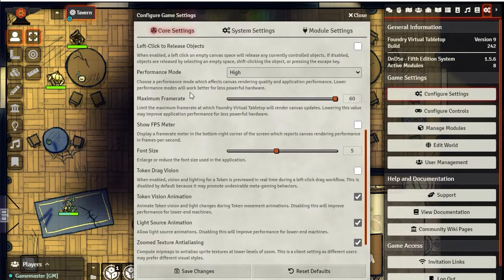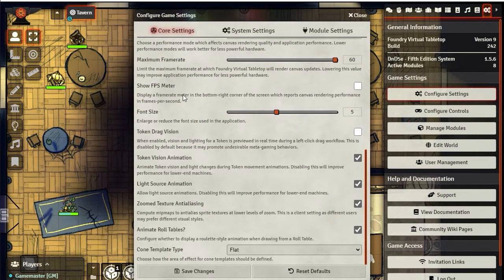Now, while we're here, I wanted to point something out. This is another thing that Foundry has introduced. They have this show FPS meter, which will put a little frames per second meter right here to show you how fast you're going. As you can see, this says the max frame rate will be 60. If my computer just can't handle 60,